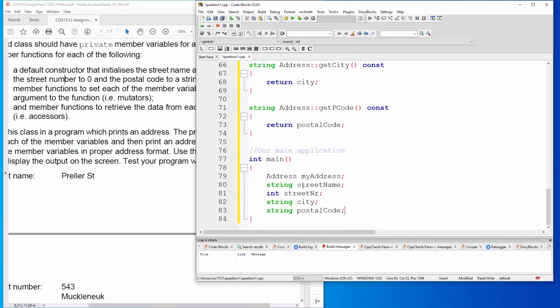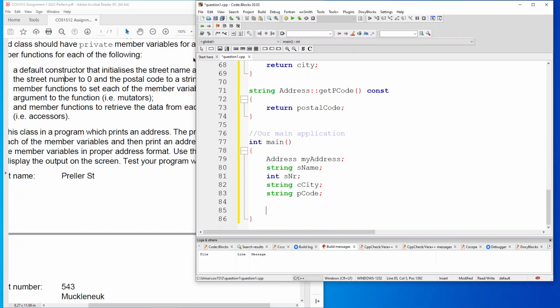So if you see here, this is street name, so I'm going to change that to sName, and then this is street number, so I'm going to change that to sNumber, and then this is city, so I'm going to just change this to cCity like that. Okay. And then postal code, I'm going to change to pCode like that. Okay, so they're unique variables,